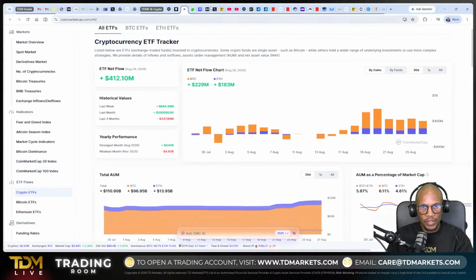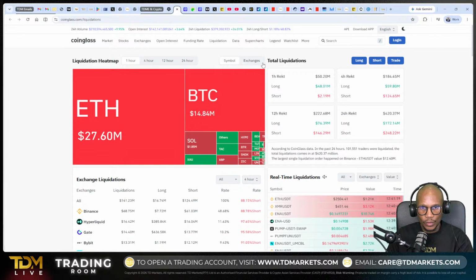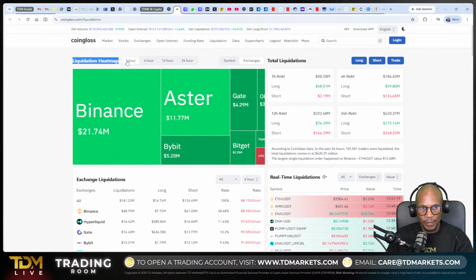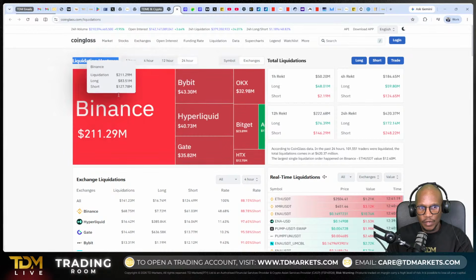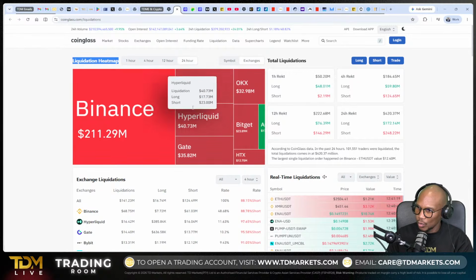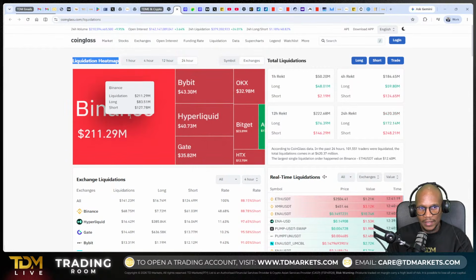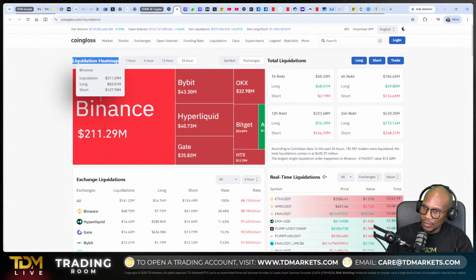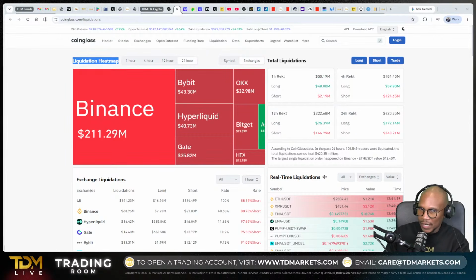We're also able to see how your liquidation heat map is looking, right? 24 hours. Think of this as your weather forecast. With the weather forecast, you're gonna see that in maybe Northern Cape it's hot, it's red. In Cape Town it's cold. There's gonna be different colors. So the liquidation heat map, think of it as the